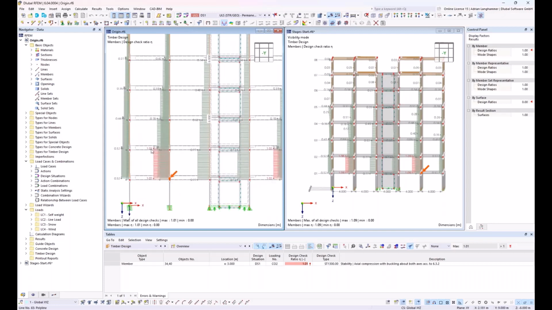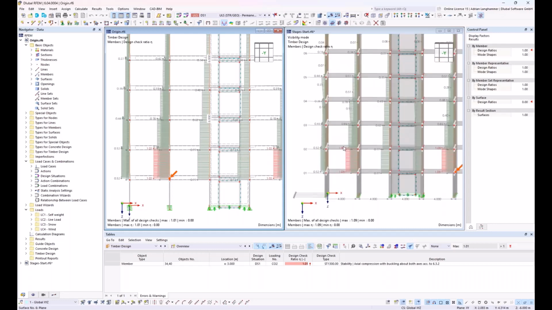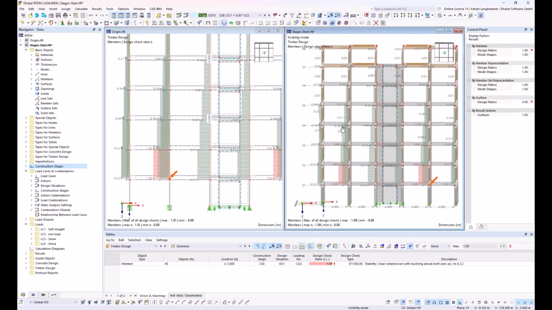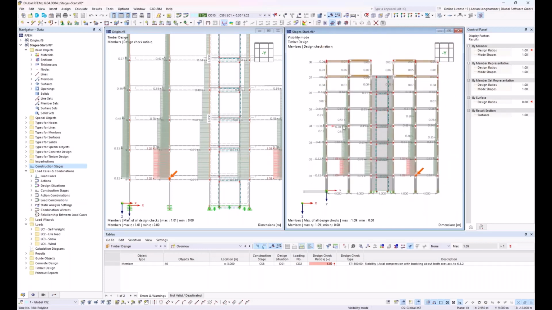So this is probably something which would be okay. But if I consider the construction stages, I see here that we are nearly 10% too high. And the reason for this is the distribution of the normal force in